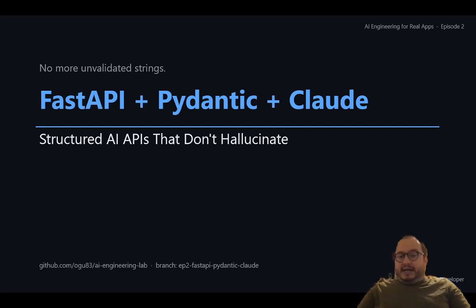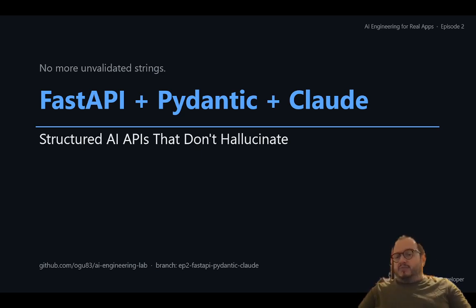Because here is the gap I see most in these integrations. Teams put serious work into their LLM pipeline and then expose it through an endpoint that returns a raw string. Whatever the LLM said, the client receives. If the model confabulated, the client receives that too. If the output is missing a field, the client finds out at runtime when it tries to access it. The fix is not complicated.